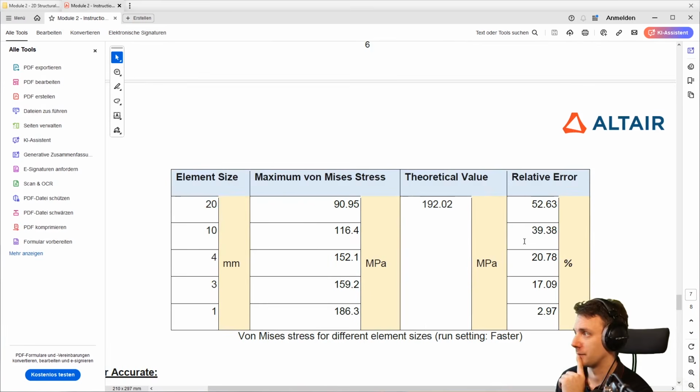So, summarizing here: 20, 10, 4, 3, and 1. You see the relative error. So when you do meshing, you really have to check whether your mesh has already converged, meaning that if you decrease the size, it does not change too much in stress value. And to be honest, here I would not say this is